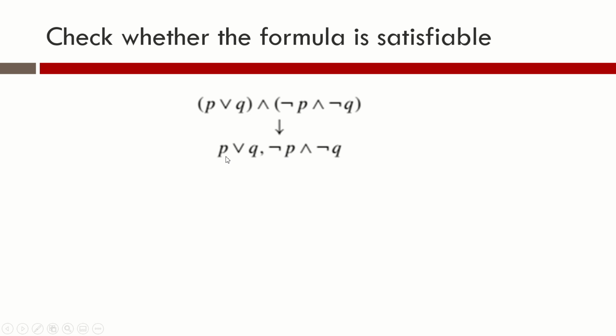Here it contains formulas that can be decomposed further. We have a formula P or Q. We have a formula negation P and negation Q. Both can be decomposed. So out of these you can choose any one formula to decompose. Suppose we choose the disjunctive formula, that is P or Q. P or Q is a beta formula. And if it is a beta formula, what should we do?